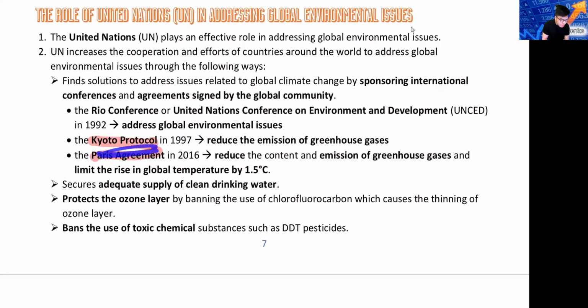So what is this Kyoto Protocol? Kyoto is in Japan, right? So they actually signed this contract in Japan in 1997. Every country agreed to reduce greenhouse gases in phases, which means every 10 years they will aim to reduce their greenhouse gas. And of course, in 2016, Obama created this thing called the Paris Agreement. Every country signed. They said they will try to limit the rise in global temperature to 1.5 degrees Celsius.